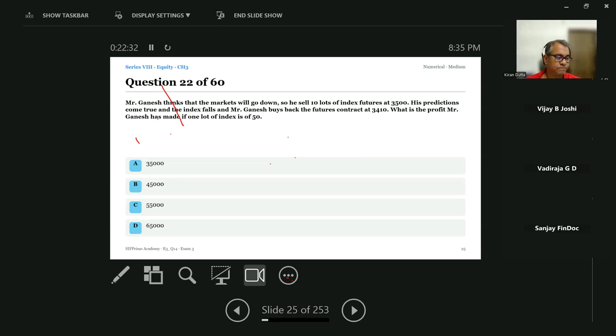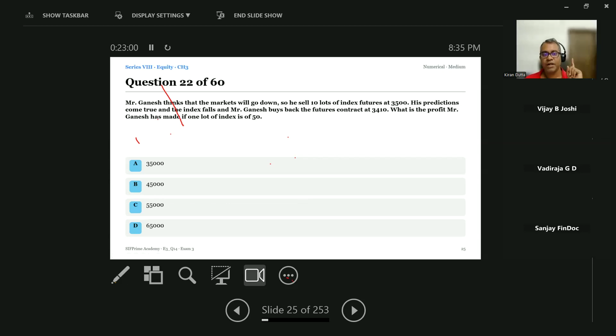It's very easy. Cool. I think most of you are getting it correct. So 3,500 minus 3,410 is 90. 90 times 50 is 4,500. 4,500 times how many lots? 10. So 45,000. So always remember the